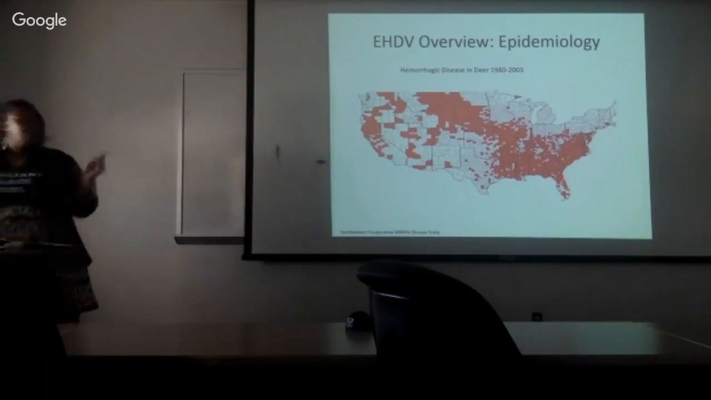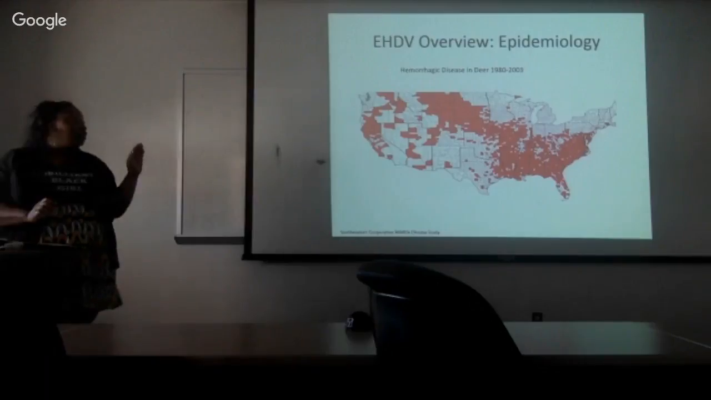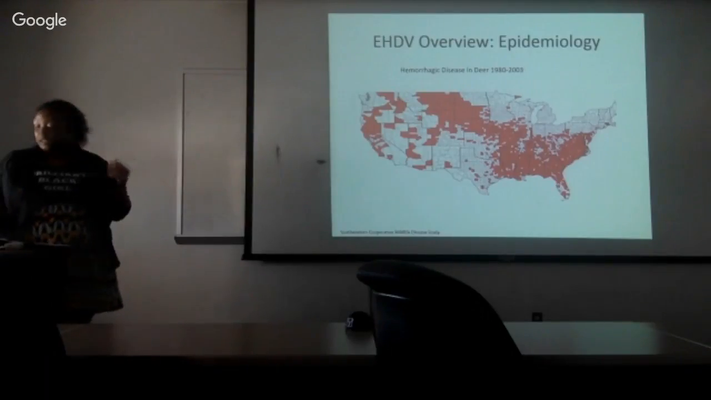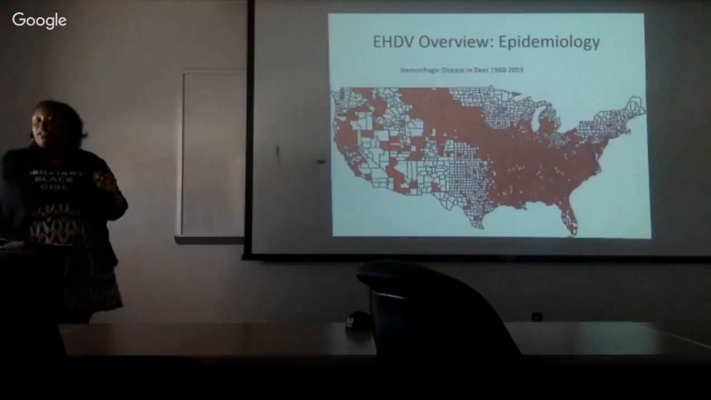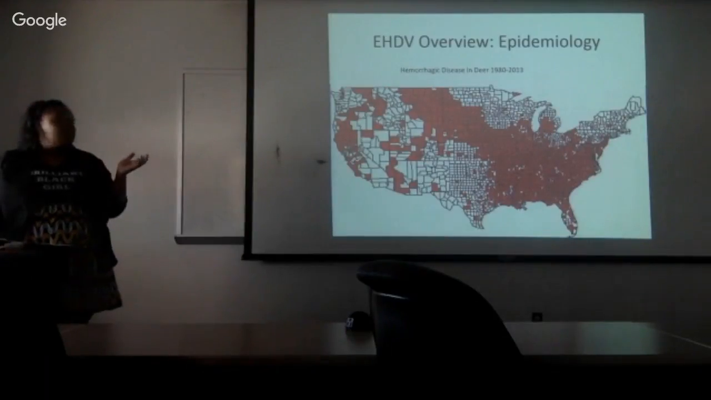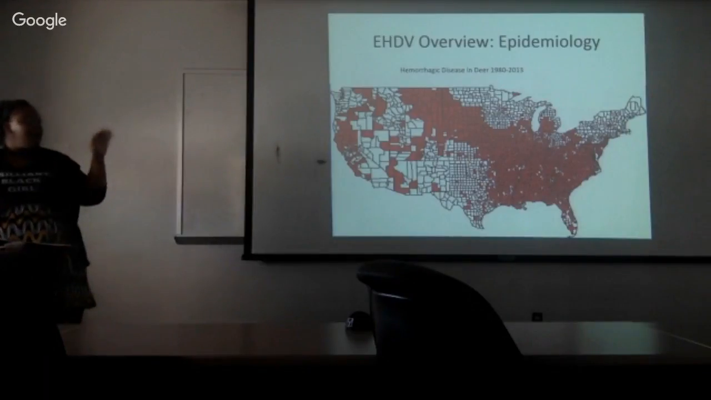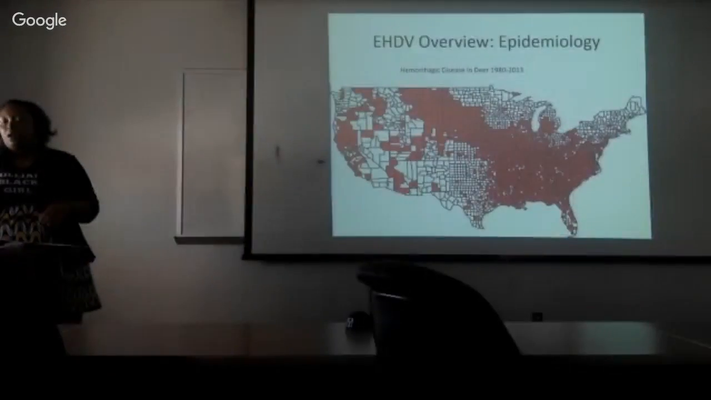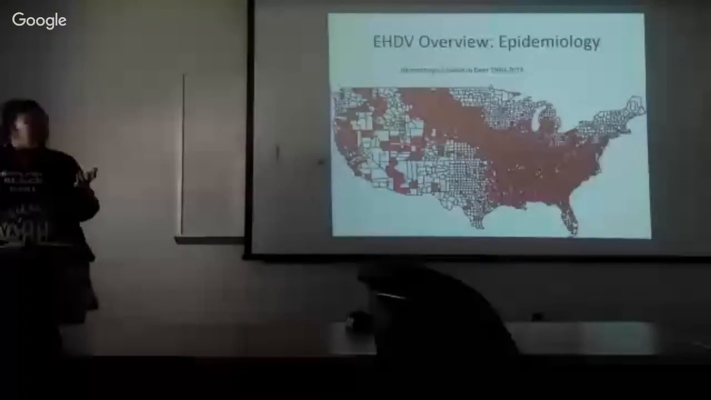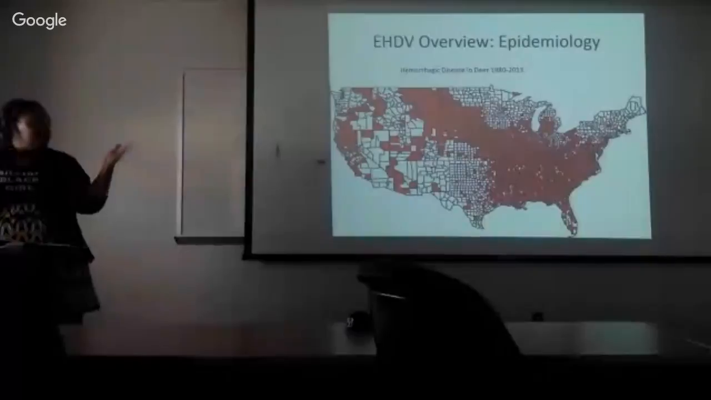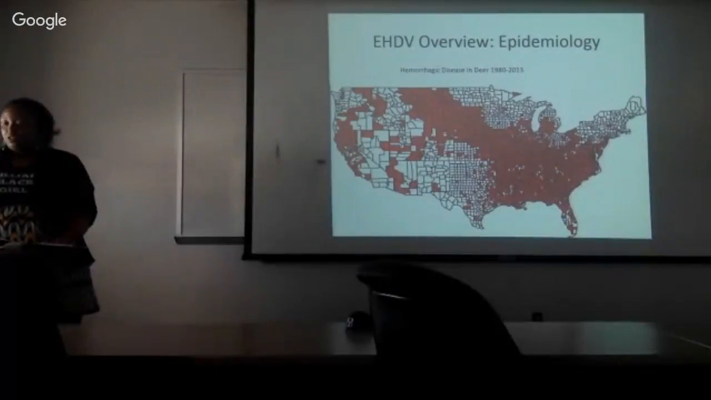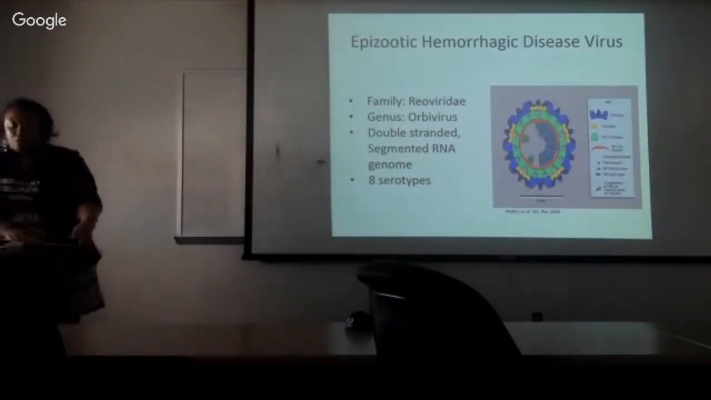yields. So this map is coverage of EHDV between 1980 and 2003. And then since 2003 and ongoing, so past 2013, we've seen a northern expansion of EHD to states like Michigan and other Midwestern areas, and also further up the eastern coast. And so